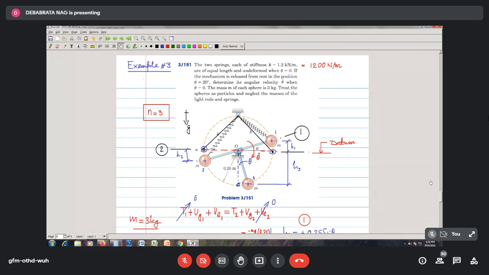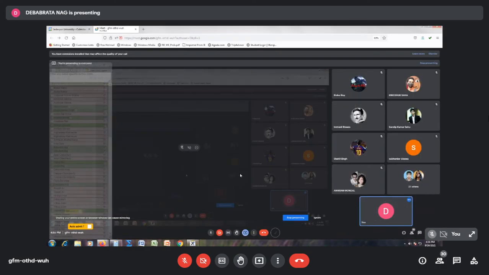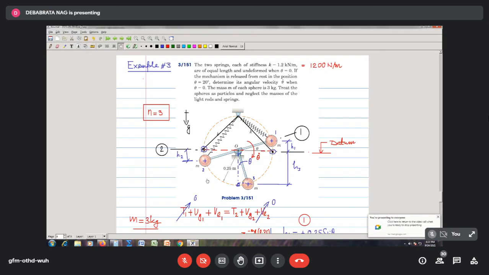And since in this case I explained that there are no other external active forces, underline the word active, no other external active forces acting on your system, I therefore write the equation as delta t plus delta vg plus delta v equal to 0, or in other words it is t1 plus vg1 plus ve1 equal to t2 plus vg2 plus ve2. I repeatedly say, if you start writing the equation as I have written here, if you follow me blindly